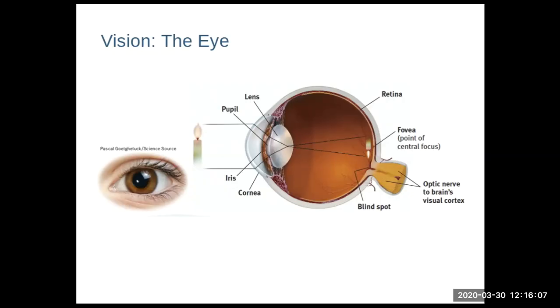Once light goes through the pupil, as it's controlled by the iris, then just like a camera, it hits that part right behind it called the lens, just like the lens of your phone camera or your digital camera or any video equipment that you may have. The lens focuses the picture and projects the image from the real world through these light waves onto the back of the eye, which we call the retina.